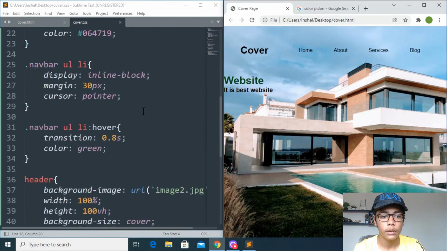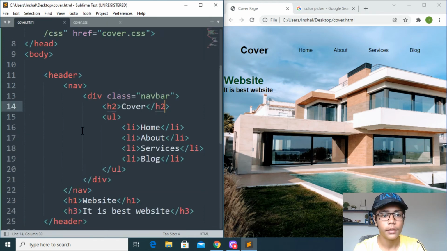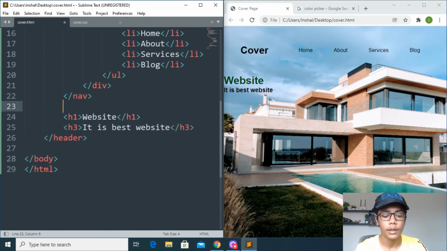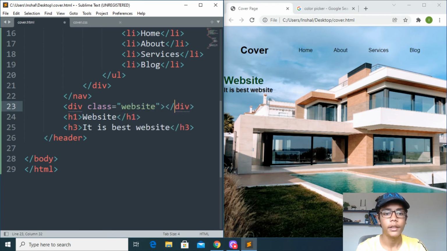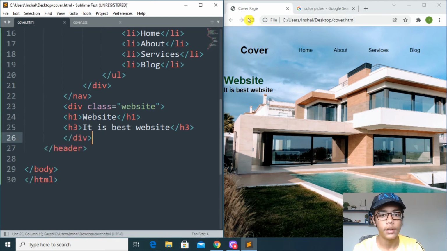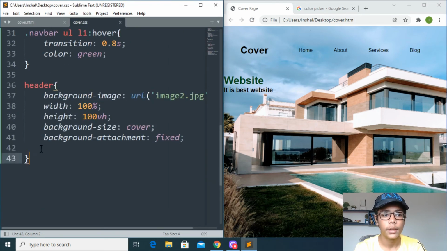Now I will come to this tag, H1, and here I will do one thing: I will give it a class. So here you have to give a class, which should be like div, and here I will write class website. When you've written that, just copy this close div from here, erase here, and paste that. Save here and reload. Nothing will happen because we have only given the class. So I will move down and write website.